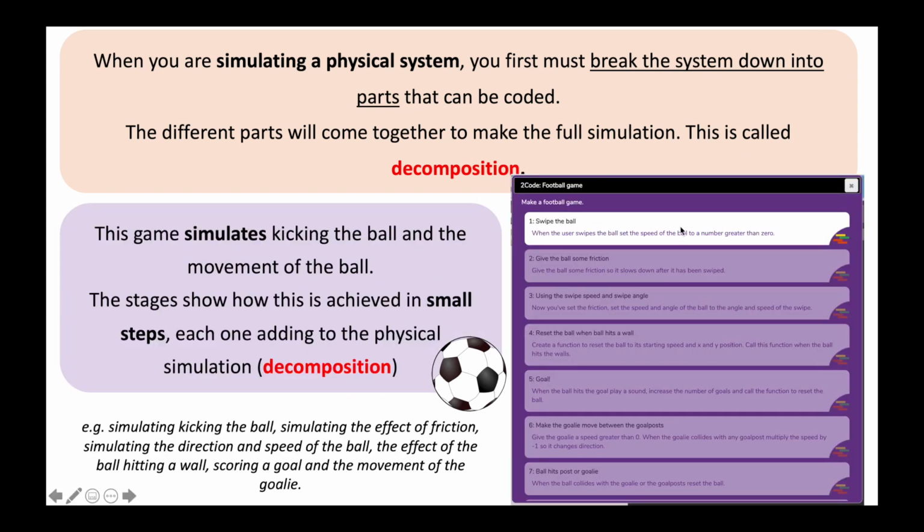Here we have the steps that Purple Mash broke down in order to create our football game, and this game simulates kicking the ball and the movement of the ball. We've got moving the ball, adding friction, changing the speed and the angle, and also what happens when it hits the wall or hits the goalie or the post. The stages show how this is achieved in small steps, each one adding to the physical simulation, and that's what